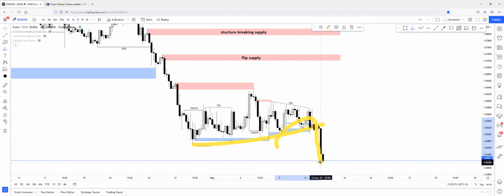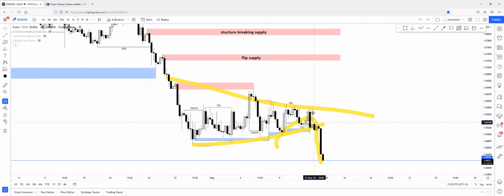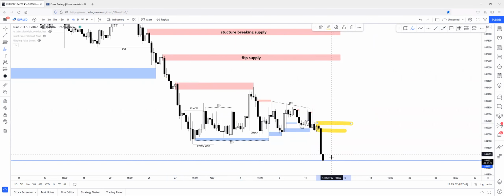Price is collecting more liquidity from the downside. It will collect more liquidity from the upside too. And if price reverses here, I believe it won't react on this supply zone. Maybe it will react. There will be a reaction at a point, but I believe price will flip this supply